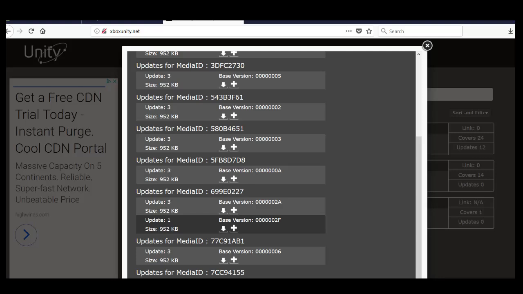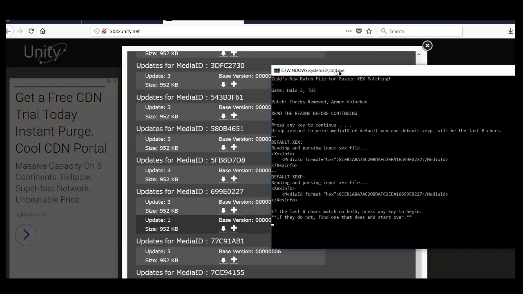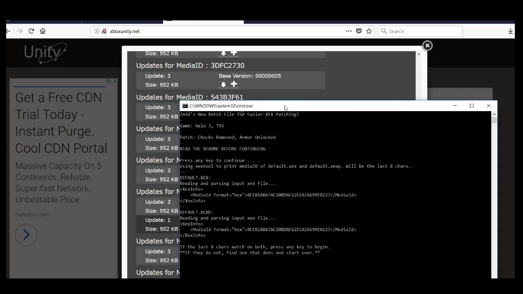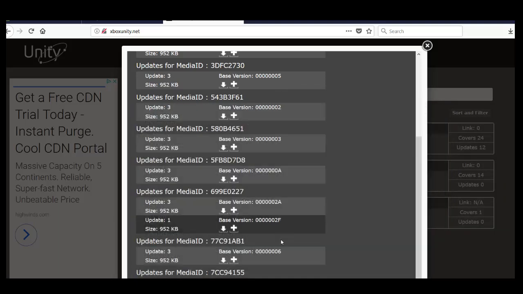Okay, see right here at the very end. Okay, so and I'm doing title update 3. So what I'm gonna close out of that. Okay, so what I want is I'm gonna click on this, download it, extract it. Okay, so then